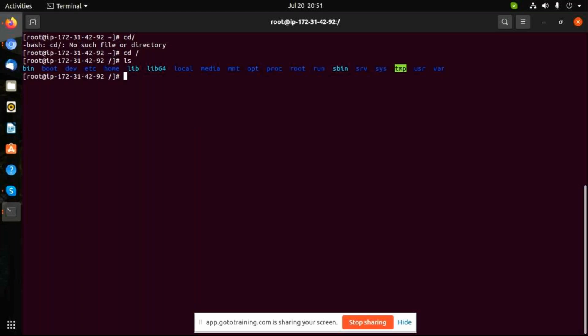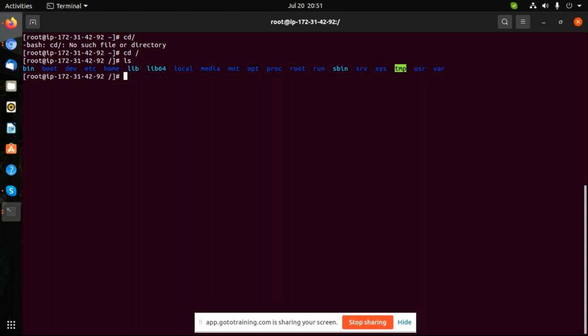So here let me create a folder. For example, some application related folder I want to create. mkdir. Sir, is there any specific reason for different colors? Generally, based on the permission, you will get the colors. Based on the type of folders also, there are some special permissions, and based on that you will get the colors. Maybe I haven't covered special permissions yet, that's the reason it's showing different colors.